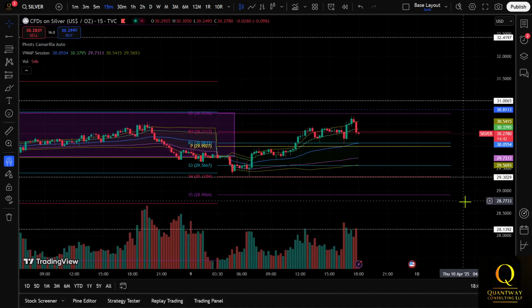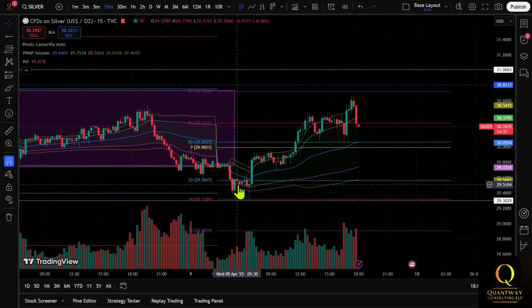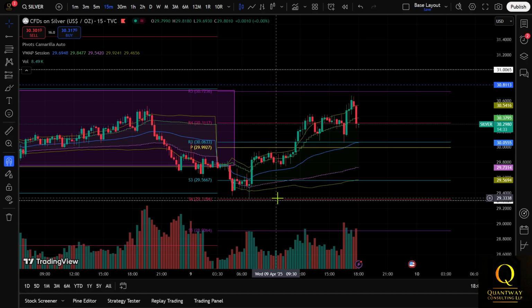Okay, so support, for listeners who might be new to this, is essentially a price level where buyers tend to step in, right? It's like a temporary floor for the price. Exactly. It's that area on the chart where you often see buying pressure come in and prevent the price from dropping further. And then it looks like we saw a pretty decent bounce back from there, even hitting that R5